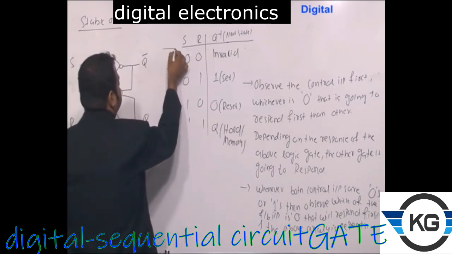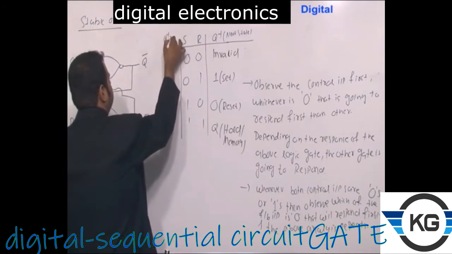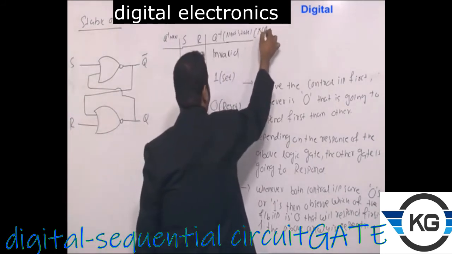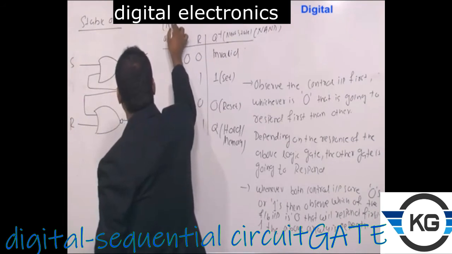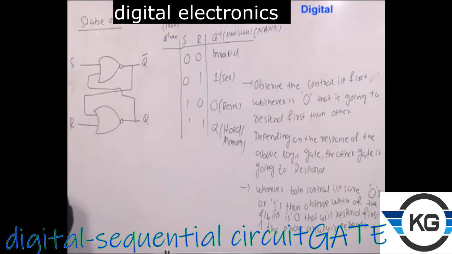So now see what I am going to do in this case. Once again I am going to repeat the same approach. Here I am writing Q plus next. This is what I have done with respect to the NAND latch case, and this is what I am doing with respect to the NOR latch case. NOR latch means there are two NOR gates, and NAND latch means there are two NAND gates. In the NAND latch, the output of one NAND gate is connected to the input of the other NAND gate. In the NOR latch, the output of one NOR gate is connected to the input of the other NOR gate.